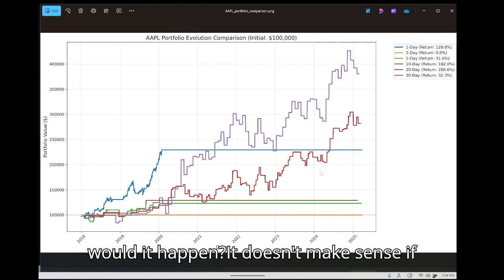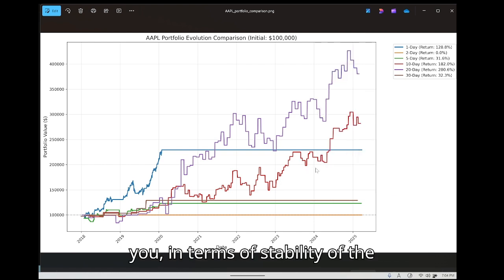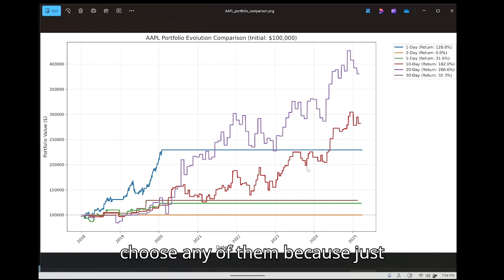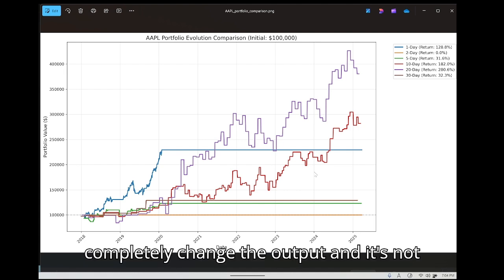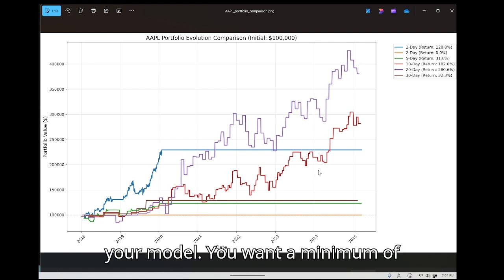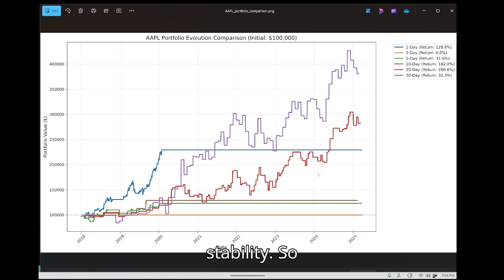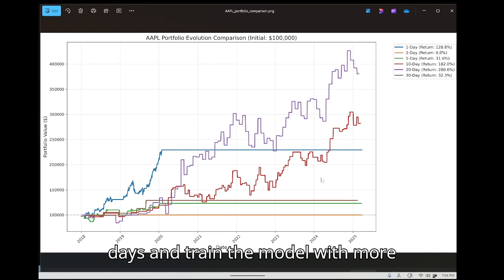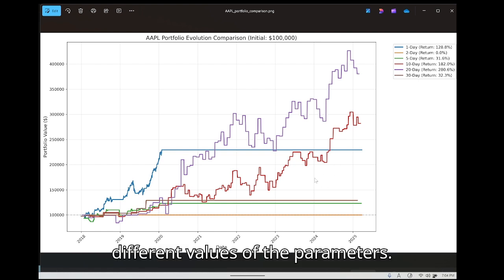In terms of stability of the model, it doesn't make sense. You can't really choose any of them, because just changing a bit of a parameter would completely change the output, and that's not something you want when you apply your model. You want a minimum of stability. So what I'd like to do is